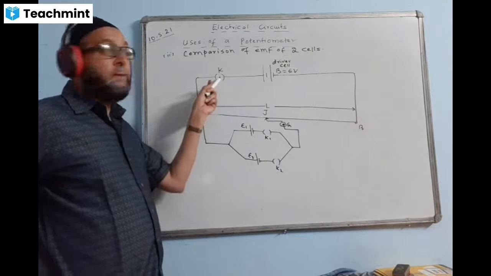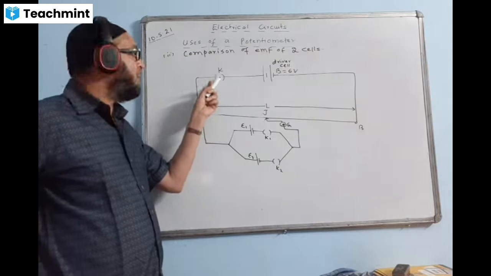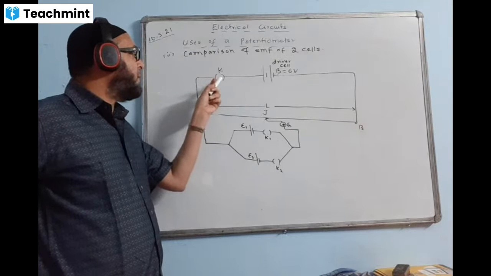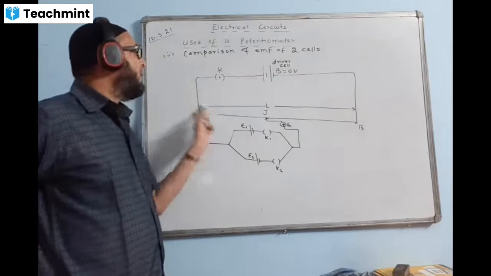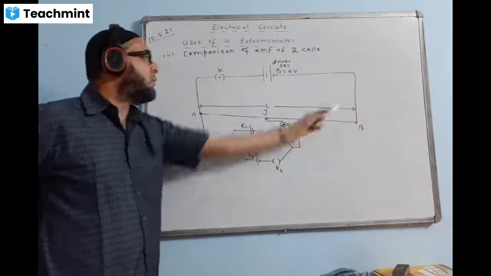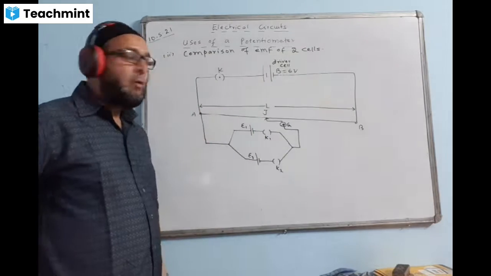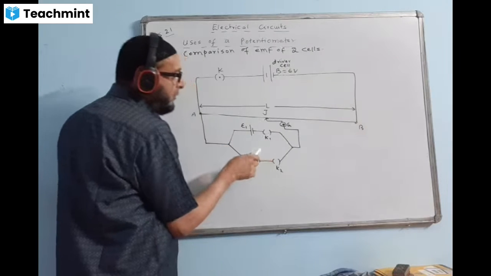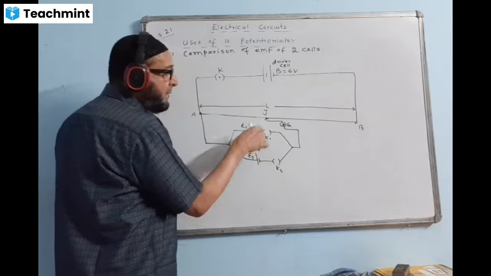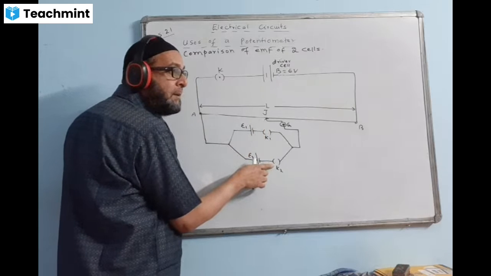This upper key is always to be kept on. Dot means kept on, that means this K is closed. That means the current will always be allowed to flow through this source. Now here what we will do, one by one we'll put this key on. That is K1 will be kept closed, that means on, and K2 will be kept open, that means off.